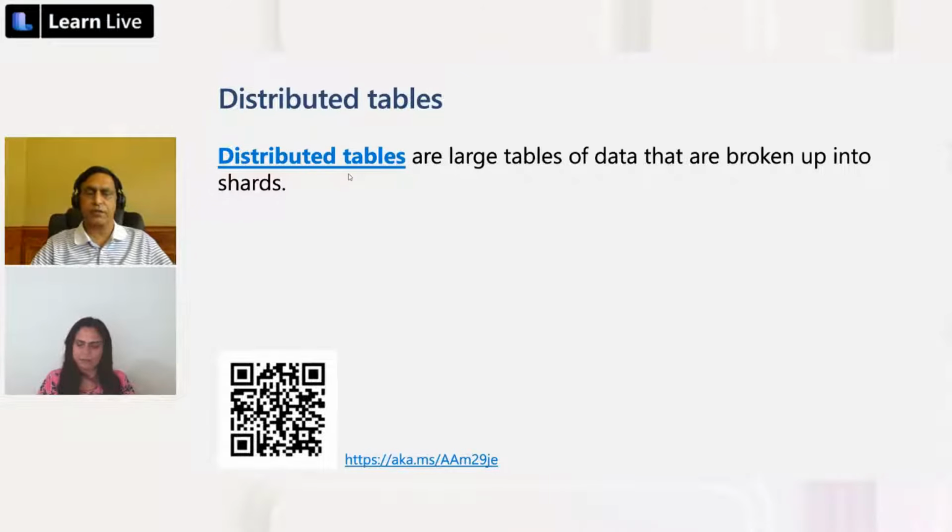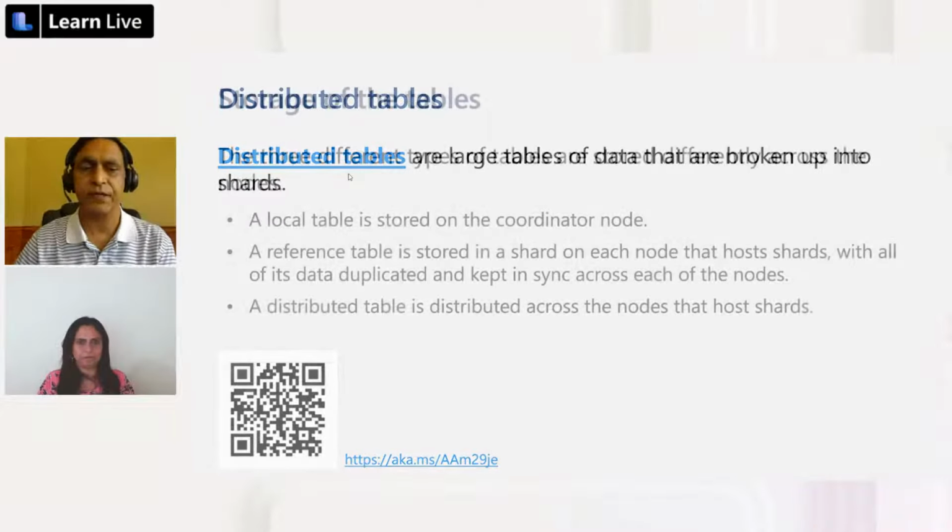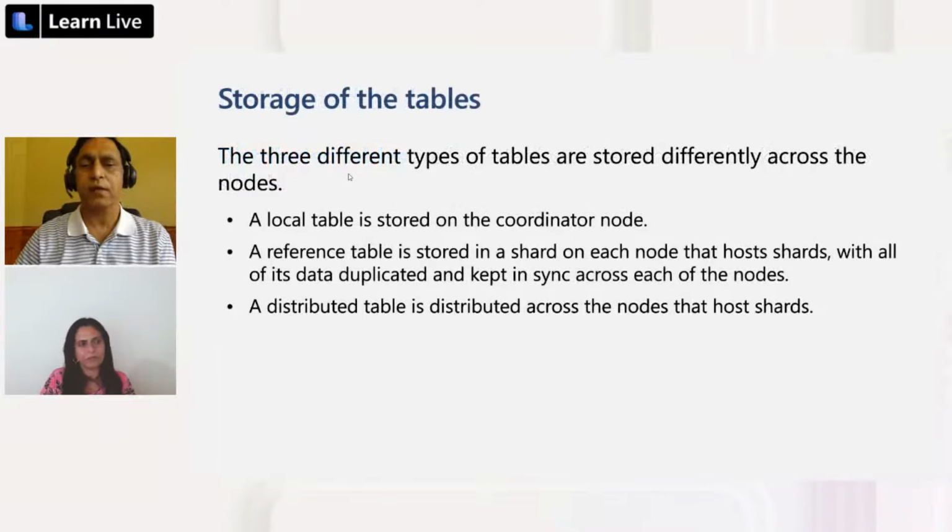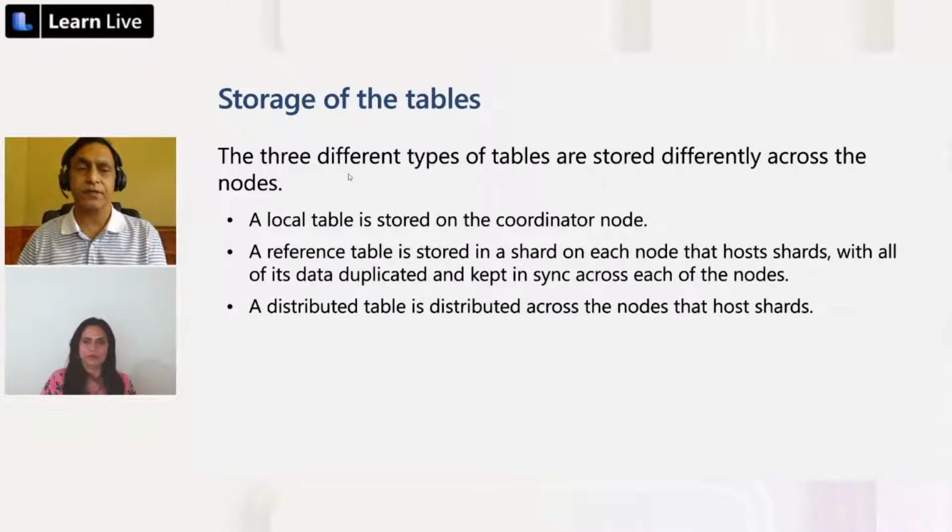Yeah, distributed tables are the largest tables in the database, and that's where you want to distribute the data among the shards and then among the nodes. So this is where you have to be very careful to choose the right distribution key for these tables. Distributed tables are the critical piece for distributing the data across the nodes and horizontally scaling your